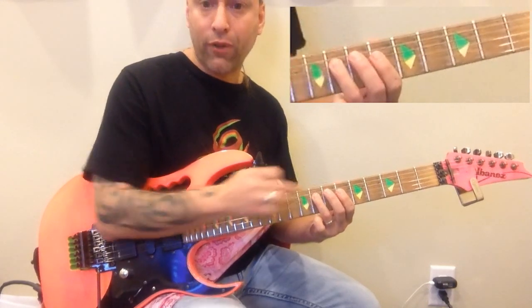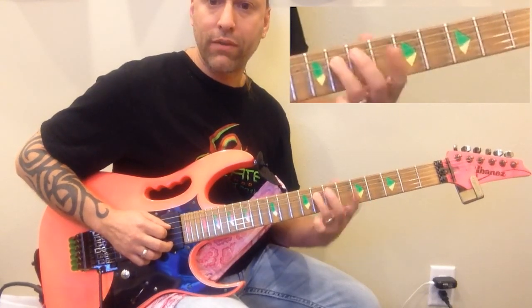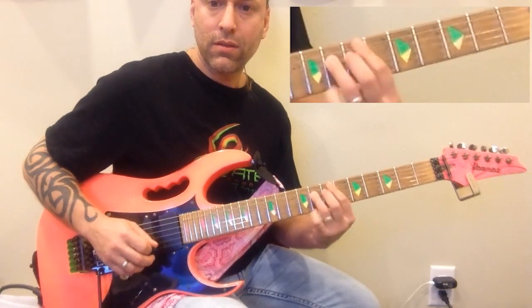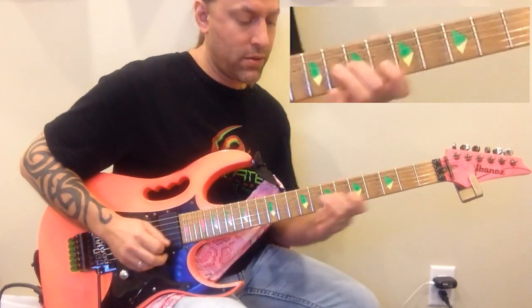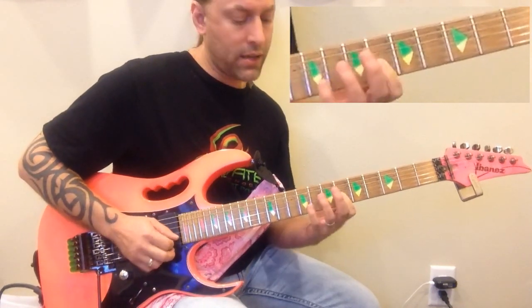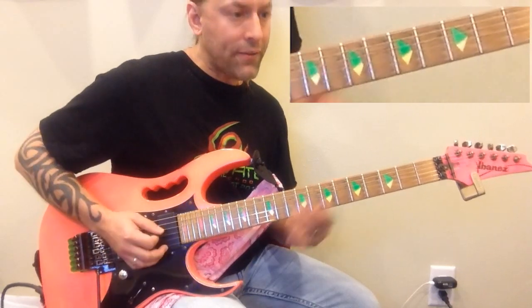Then I'm going to go to the 8th fret, which is my root. It's B flat. I'm going to go to that note on the 4th string with my ring finger 2 times. So that would be my next lick. So I have first lick, 2nd lick, 3rd lick, and then right after that I'm going to go...